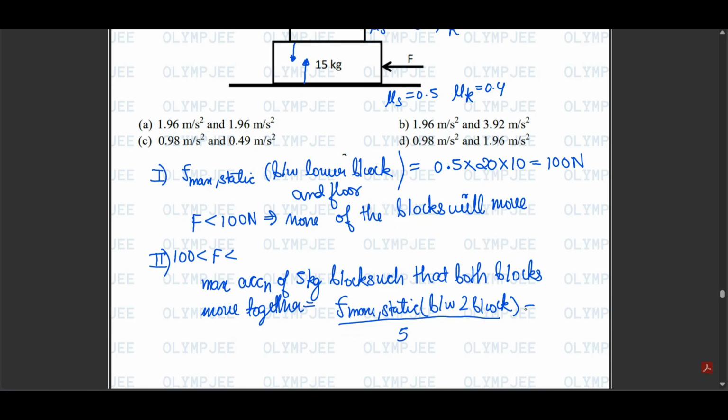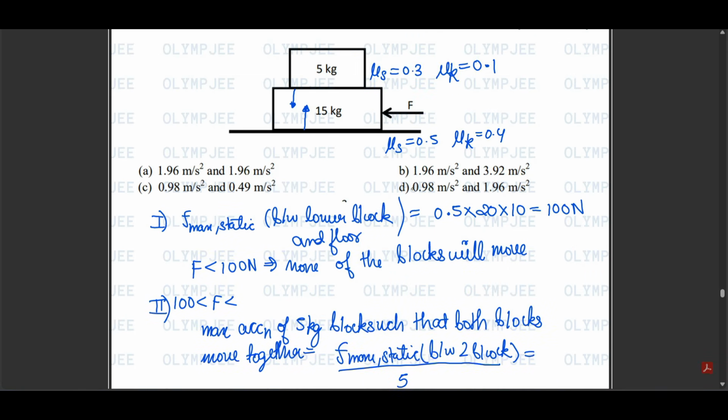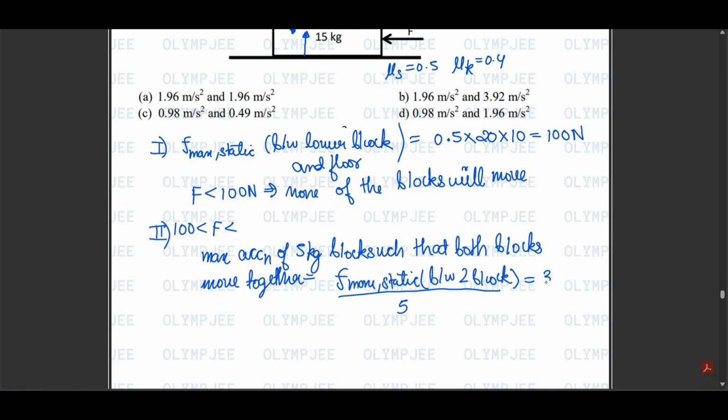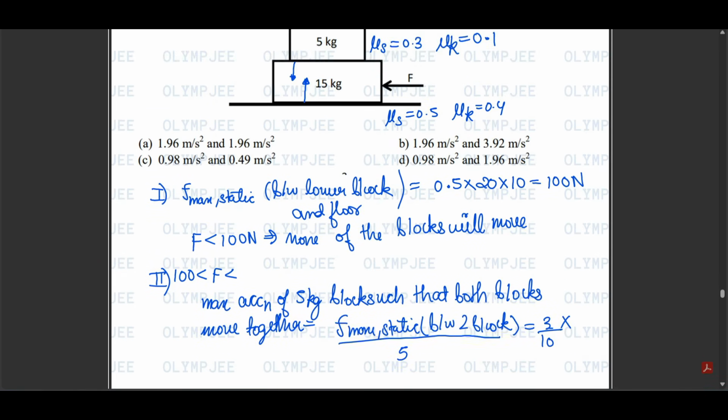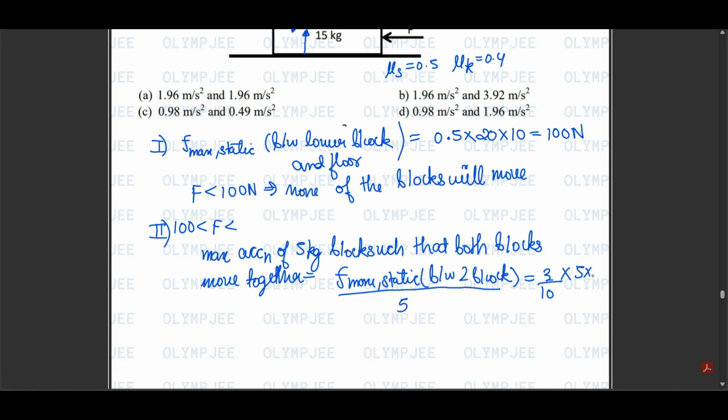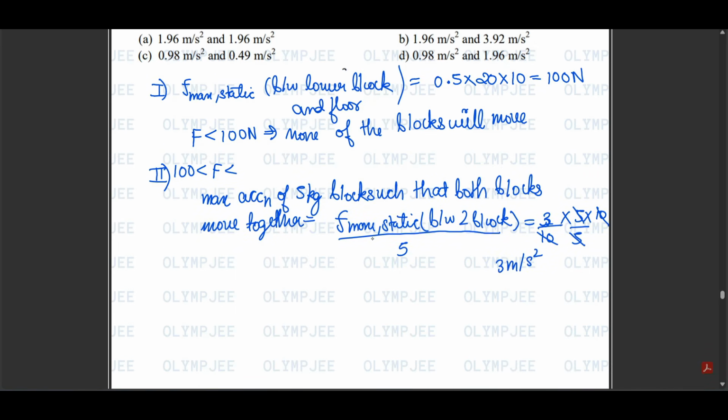So this would be mu s, which is 0.3, multiplied by the mass multiplied by 10 divided by 5. So the maximum acceleration of the 5 kg block such that both the blocks move together is 3 meter per second square. So the maximum combined acceleration would be this much, and the force on the entire system, 5 plus